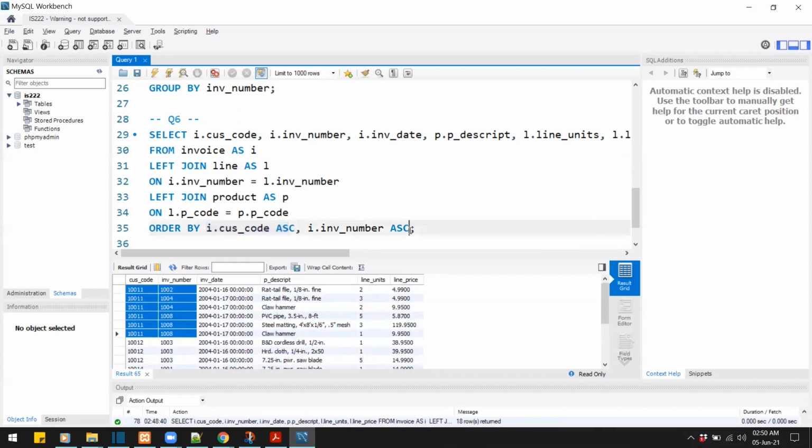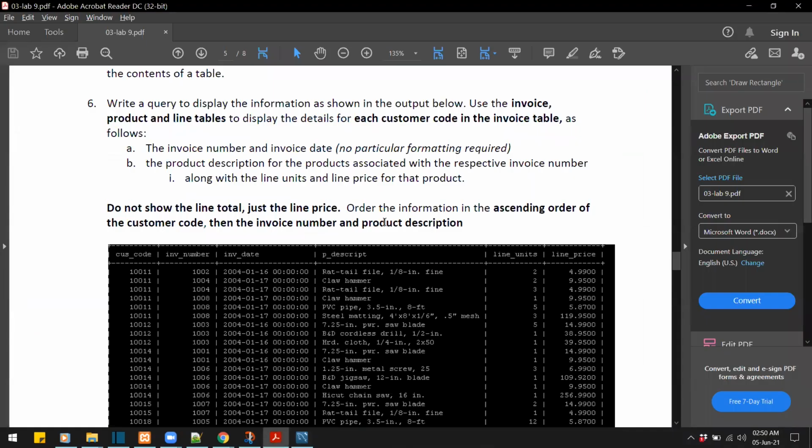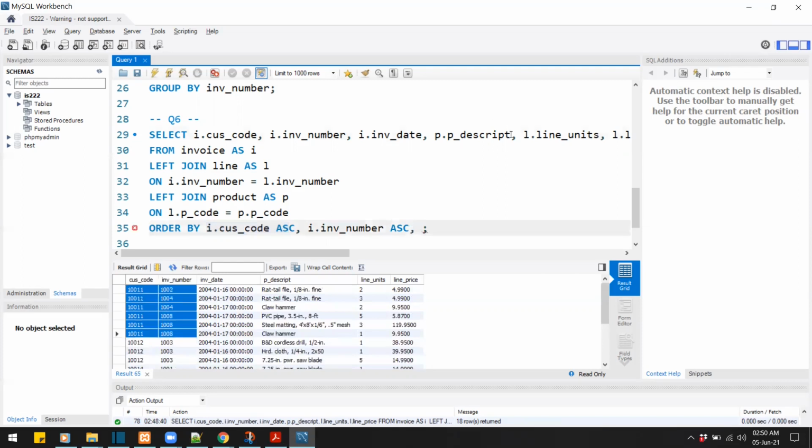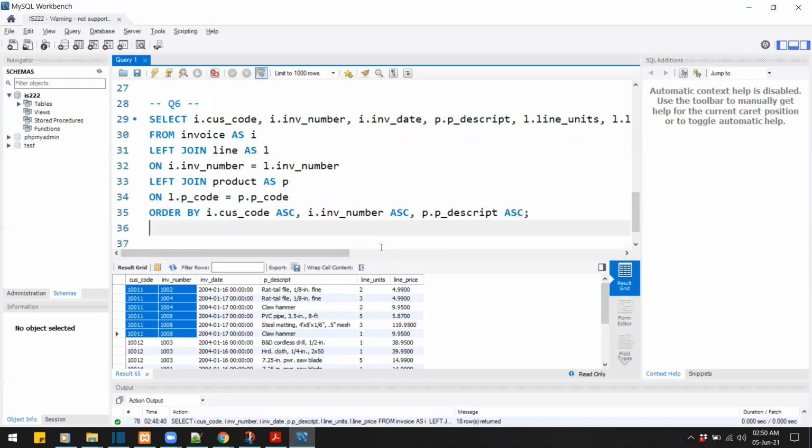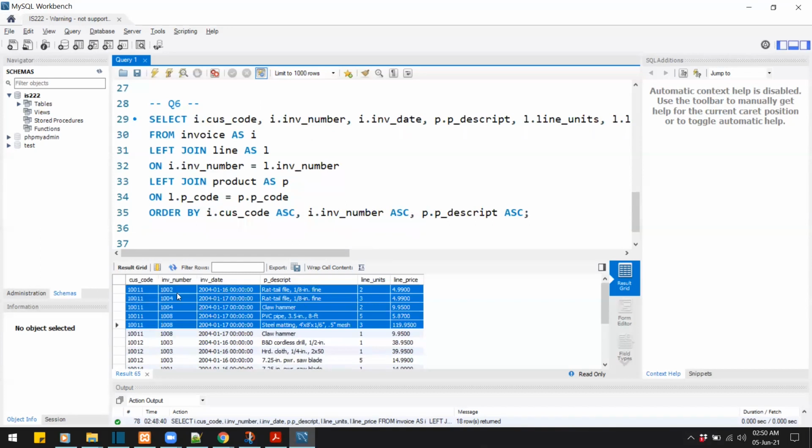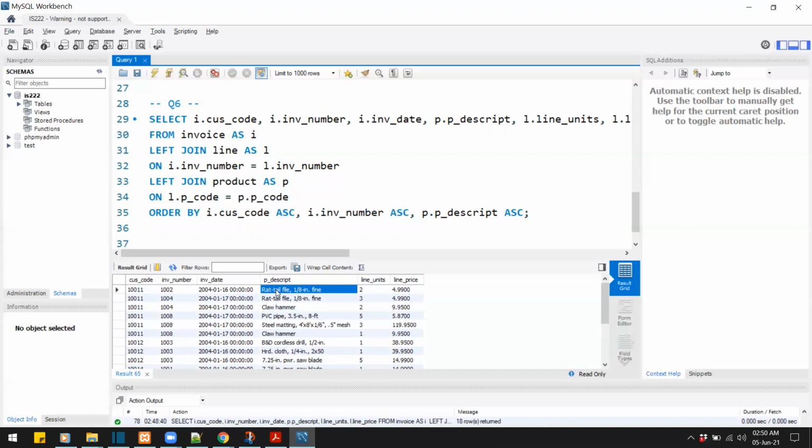Then after this we will do the same thing but with the product description, and that is p underscore descript, and this goes in ascending order as well. So notice what happens when I run this. So right now for this particular customer, we have invoice numbers and we have the p description. Now notice what happens for this particular row, that is 1004. So there's only one row with the invoice number as 1002, so nothing will happen to the p description column